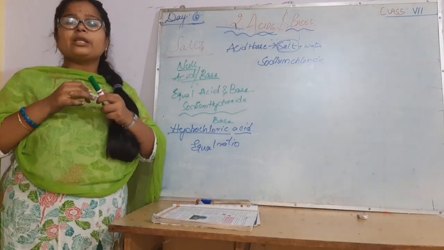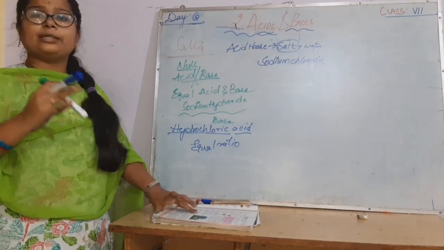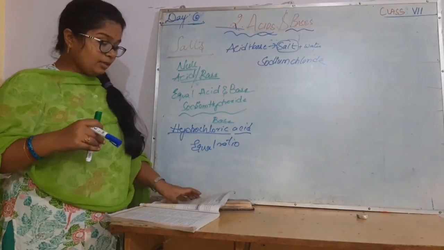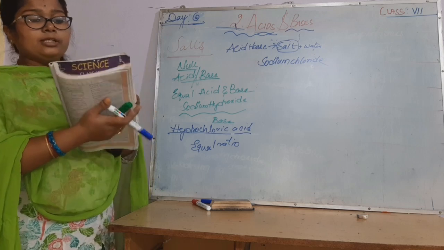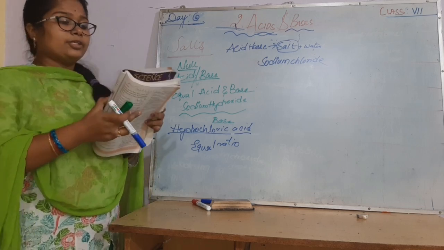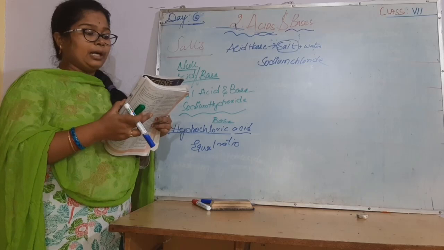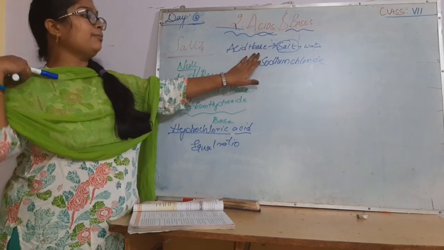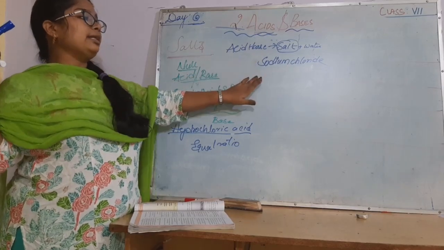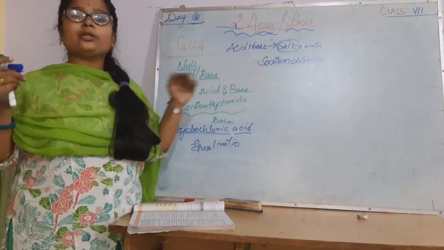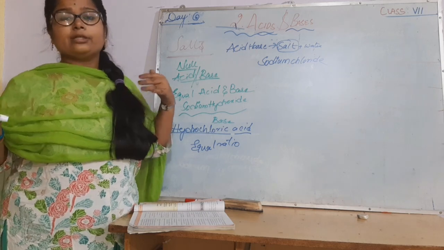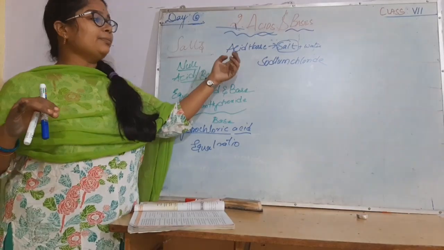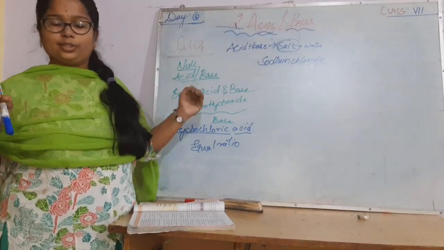So in proper proportion, if you mix acid and base, then what is formed? Salts are formed. So remember, all the neutral solutions are not salt solutions. Sugar or starches are neutral but are not salts. When acid and base are in equal amounts, we say that is a neutralization solution. It does not contain acidic or basic nature. But all the acids and bases, when they combine, don't form salts.